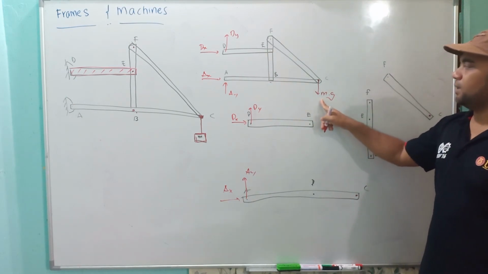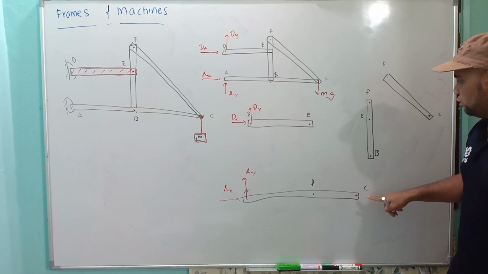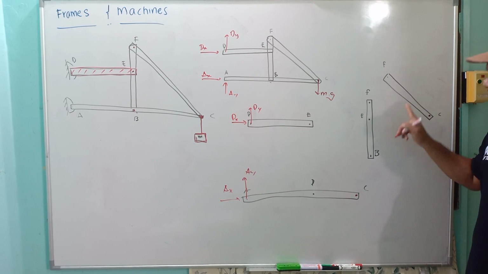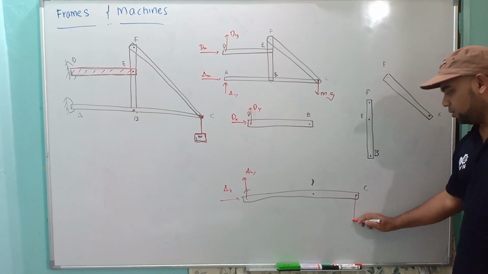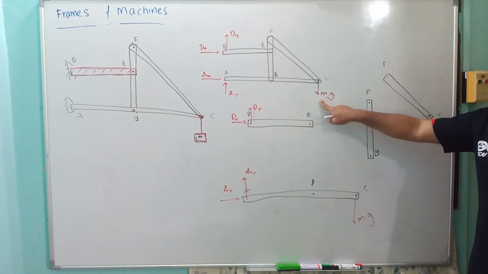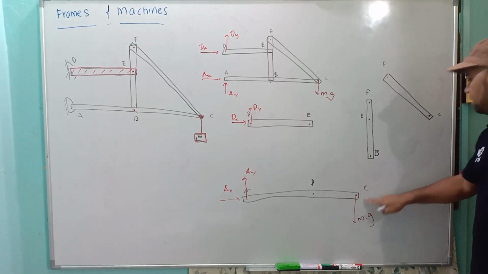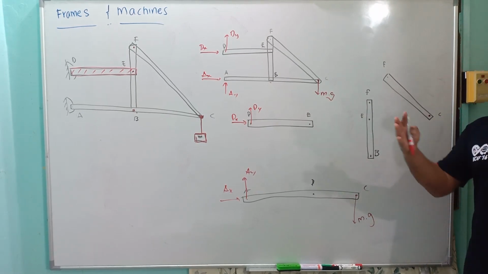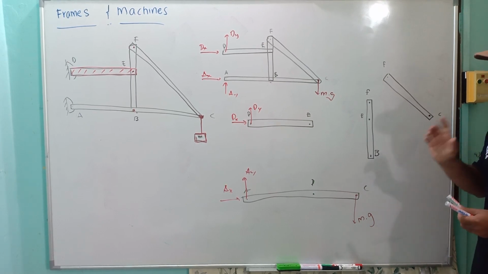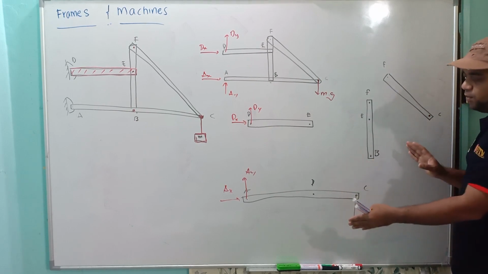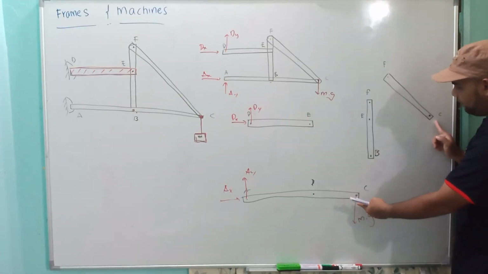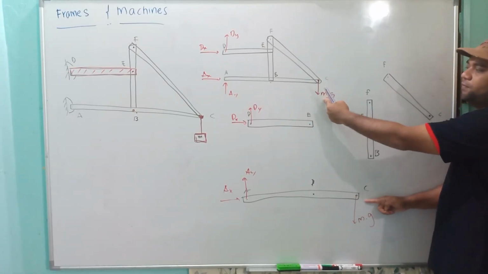Here we can also transfer once, so we have to choose either this C or this C. If you put it here, it is no longer a two force member, so you have to put it here. I will put this one as mg, so if you combine together, there will be a force mg here. If you put mg here and mg here and combine together, you have 2 mg, an extra, double the value. So you have to choose wisely, only at one point. If I combine this together, it will give you only mg.